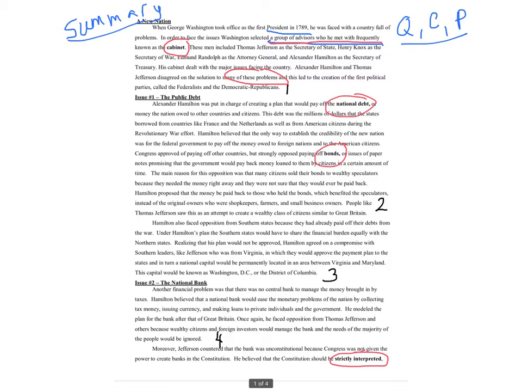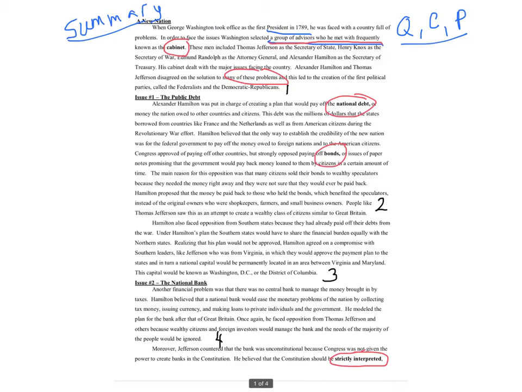Okay, well, right off the bat, I see that it listed a bunch of different people, and I'm assuming those people are very important and that they play important roles. It listed Thomas Jefferson, Henry Knox, Edmund Randolph, Alexander Hamilton. So what I'm going to probably do is highlight them, and you can underline as well if you wanted to, but I'm going to highlight. Let me see if I can get this working. Oh, no, that's not what I wanted to do. Sorry. Well, for now, I guess I can just